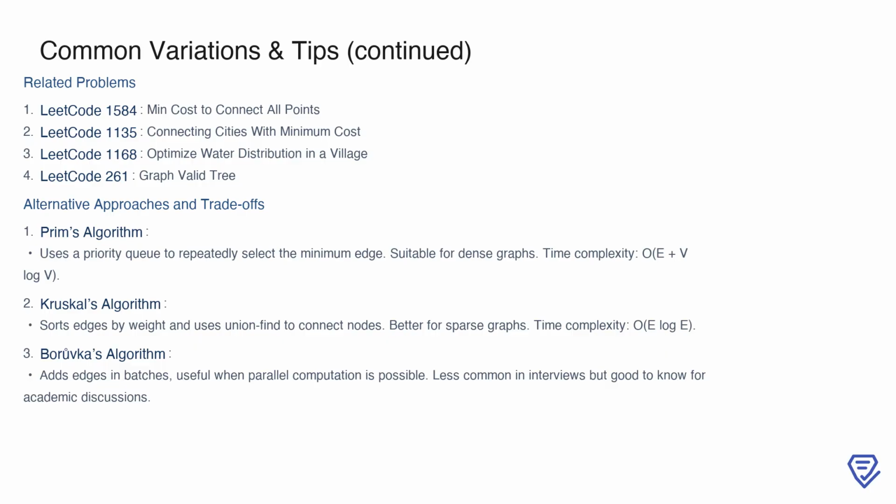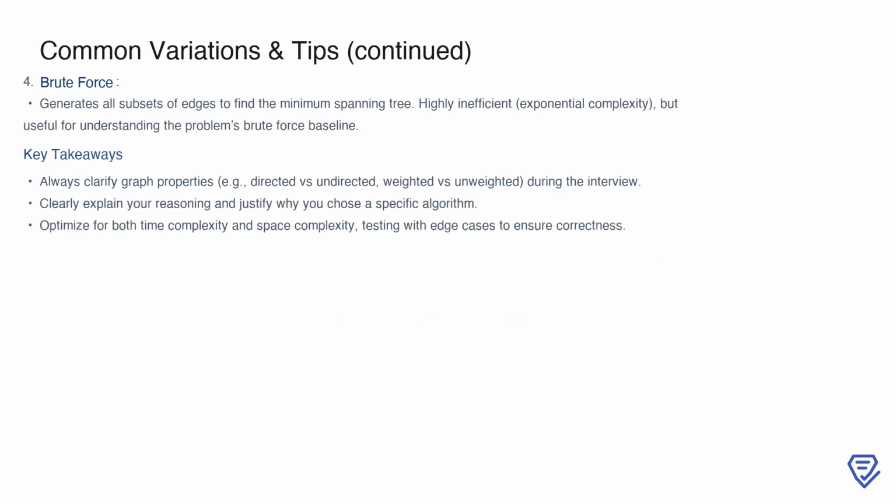Boruvka's algorithm offers a less common but interesting alternative for adding edges in parallel batches. While not typically seen in interviews, it's a valuable approach in academic or theoretical discussions, especially when parallel computation is involved. Understanding brute force approaches can also be insightful, even though they are highly inefficient. Generating all subsets of edges to find the minimum spanning tree has exponential complexity, but it helps build a foundational